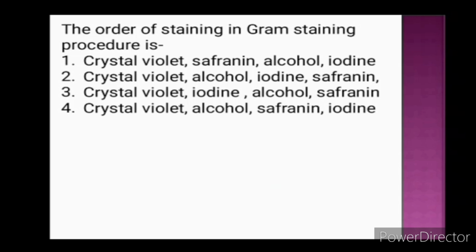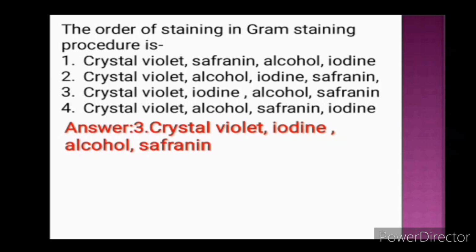The order of staining in gram staining procedure is option 1, crystal violet, followed by safranin, followed by alcohol, followed by iodine. Option 2, crystal violet followed by alcohol followed by iodine followed by safranin. Option 3, crystal violet followed by iodine followed by alcohol followed by safranin. Option 4, crystal violet followed by alcohol followed by safranin followed by iodine. And the correct answer is option 3, that is crystal violet followed by iodine followed by alcohol